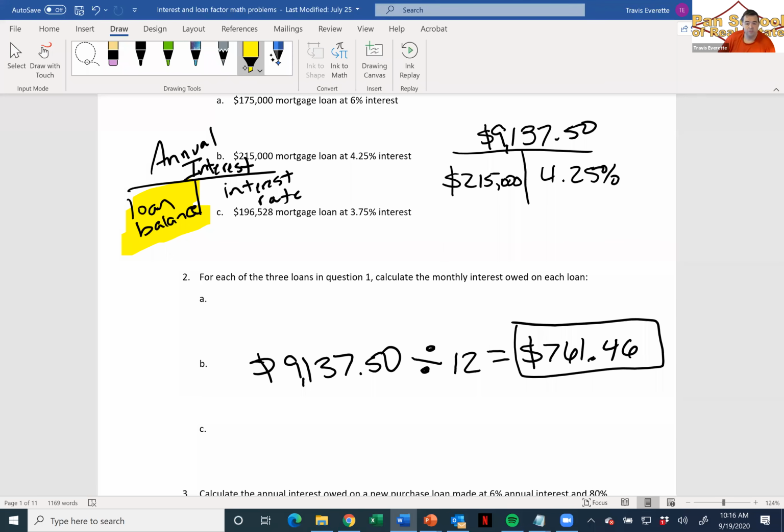Yes. And so remember, anytime you're calculating interest on a loan, you're really only looking at a snapshot in time for that particular month. The only time that would be different is if you had a term loan or interest-only loan. If you had an interest-only loan, how much would your monthly payment be on this loan? $761.46. And if that was your monthly payment, how much of the loan balance would you be paying off? None. Zero. And so every month you would pay $761.46, and every month the loan balance would stay the same.